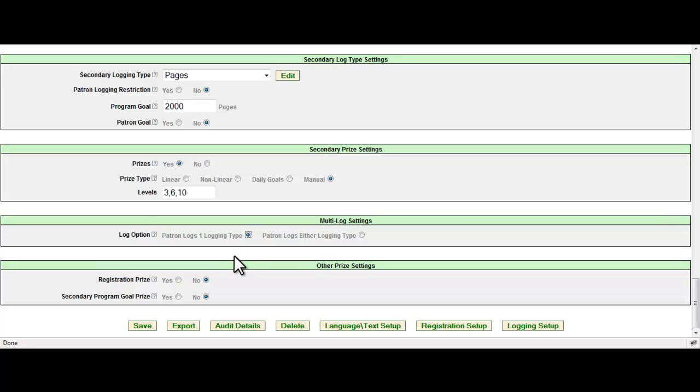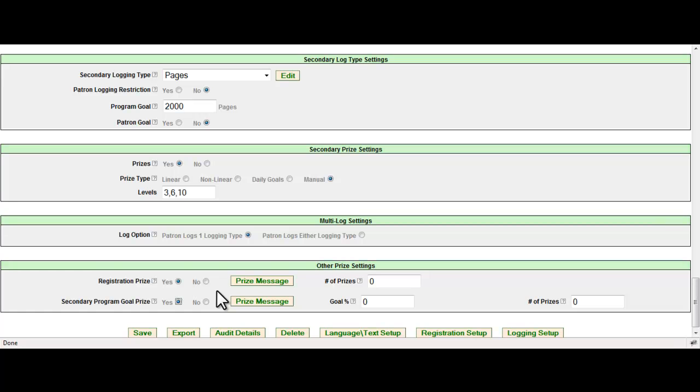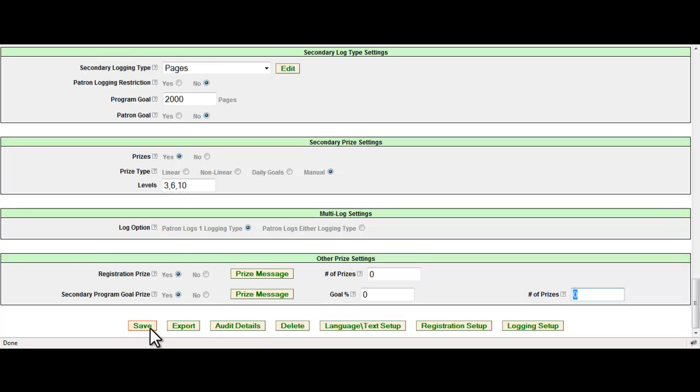Lastly on this page, we have other prize settings. Now, are you going to give the patron a prize for registering for your program? If so, you would select Yes, update your prize message like we had done earlier, and then we can award the number of prizes. You can also award a prize for the secondary program goal prize by selecting Yes, and then you would just put in a percentage and the number of prizes for this. Once you're done, you're just going to select Save,